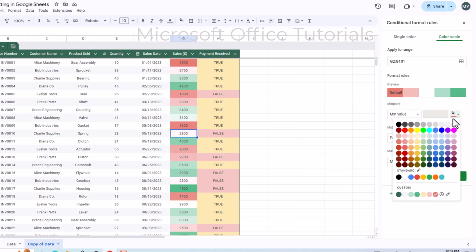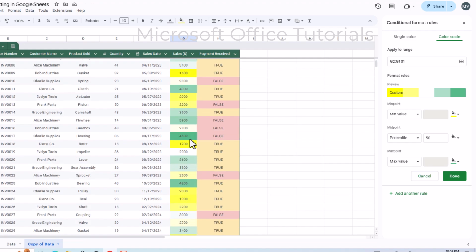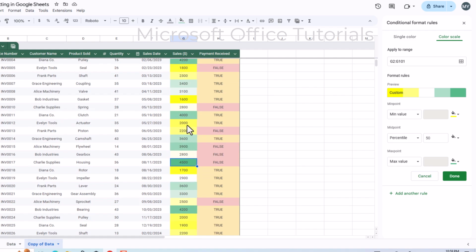For example, if we want to highlight or fill color for minimum values, maybe yellow color, and you will notice wherever we have bright yellow color, that means the values are the minimum. Where we have dark green color, that means the values are the maximum. Where we have color between yellow and green, meaning the light green color, that means these values lie between maximum values and the minimum values.